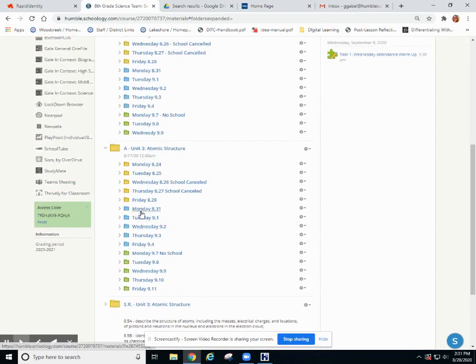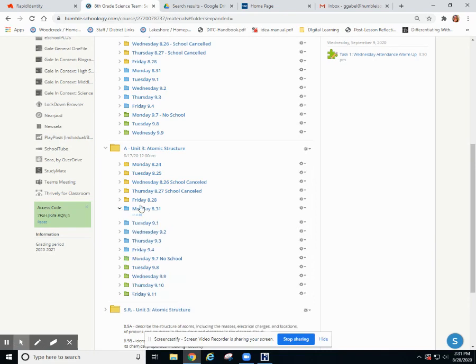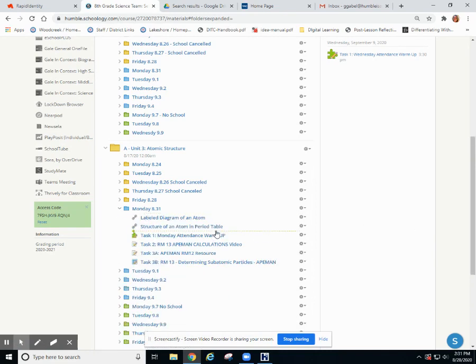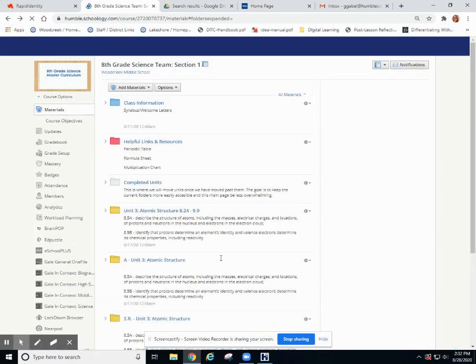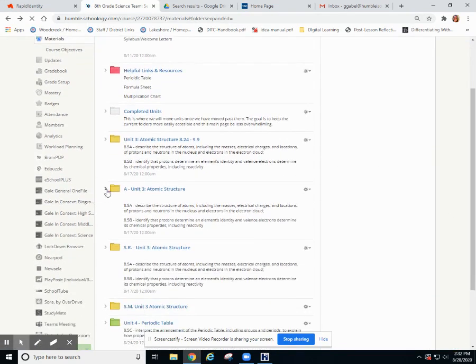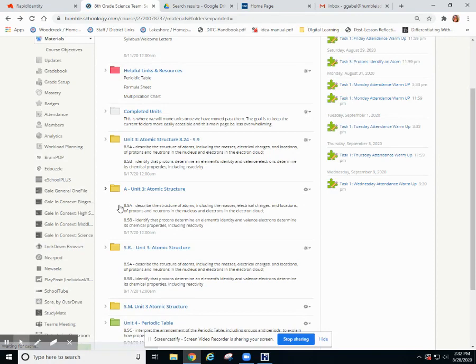And that is where you'll be able to go in and access the assignment to accommodate and/or reduce or modify. So all you would do is, for example, this one says Monday. You can add links or diagrams. So like here is a labeled diagram of the atom so that our kiddos have that to reference. And then the actual assignment,